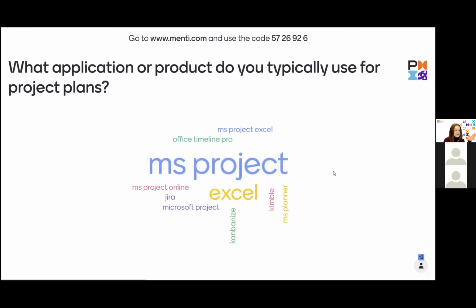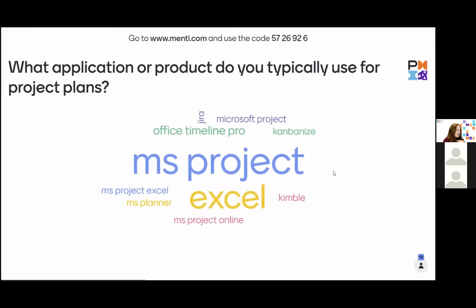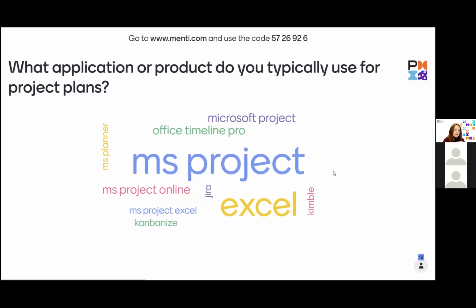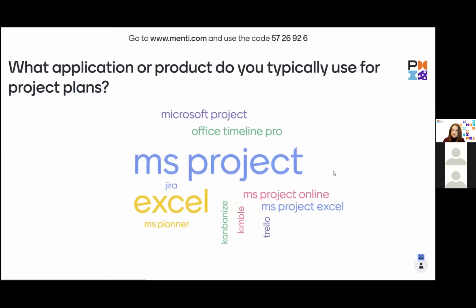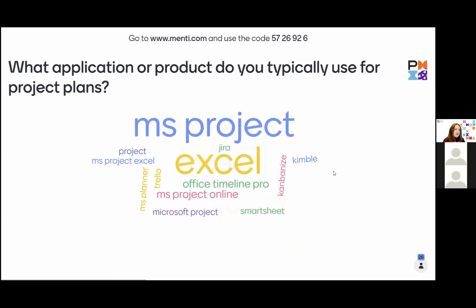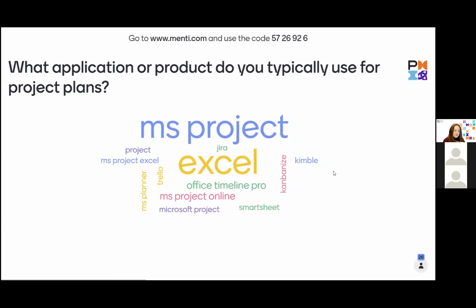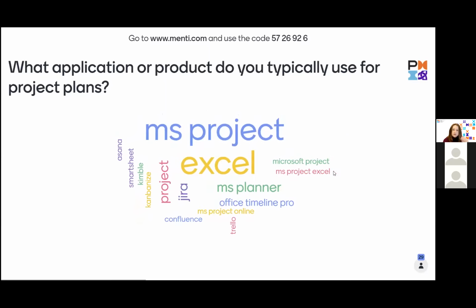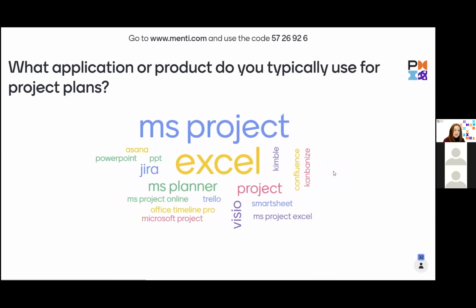I'm going to hold my hand up as well. I have Microsoft Project Plan. I use it quite regularly, but I find I do a lot of my work in Excel, and I use Visio quite a lot as well. But I like Microsoft Project because it does really nice timelines, and particularly when you're presenting to senior management, it gives a good visual to pop into slides where someone isn't looking for all the detail.